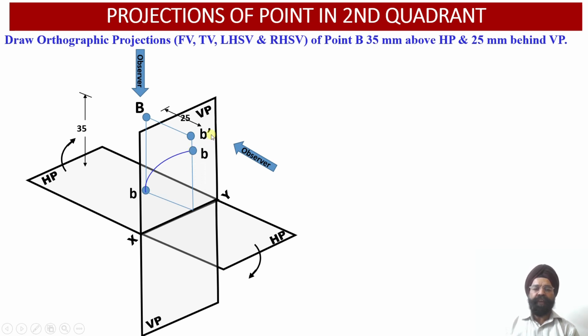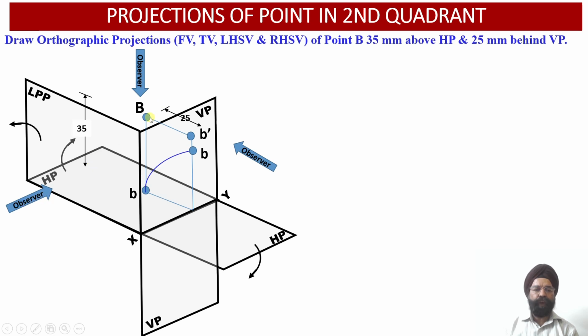So now we are able to obtain both front view orthographic projections and the top view orthographic projections above the XY reference line. Now let us obtain the projections of this point B onto the left side profile plane. Now we already know that this left side profile plane will be open towards this side. So now when the observer is going to look at this point B or the object from the left hand